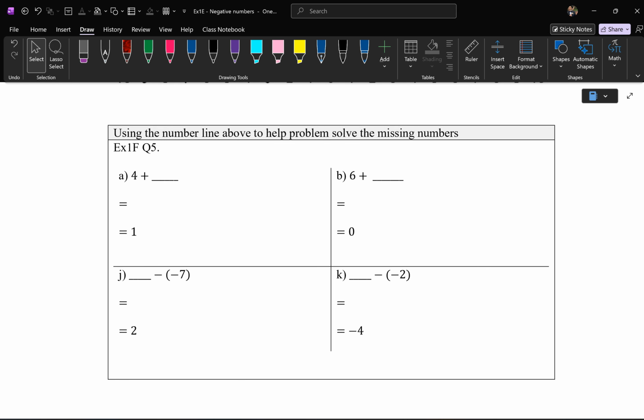Wait, so if we haven't finished 1E, but we want to go to 1F, we still have to do homework for 1E? Yeah. So you can start on 1F, and then whatever bits are left that you can do for 1E, you can go back to 1E later. Remember, you don't have to finish all questions, just fluency sections minimum. All right, I'm going to